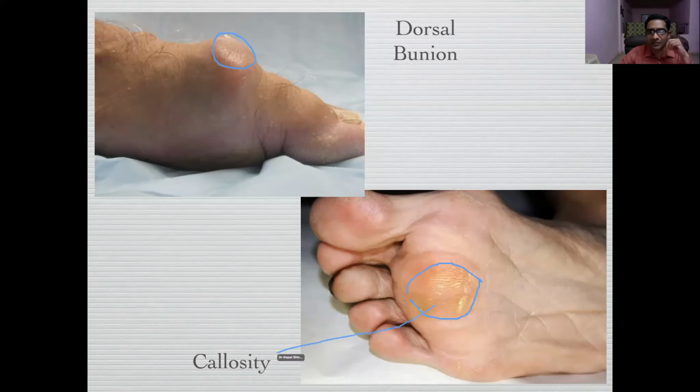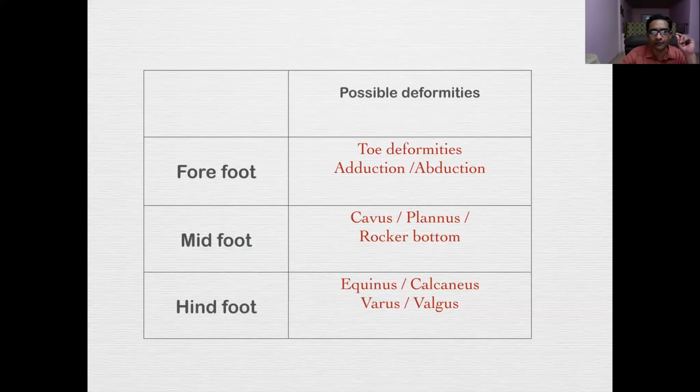Callosity, like we said, is good to describe. If you had not examined the foot, you would have missed this finding. This shows that there is excessive weight bearing. Just looking at this callosity, you know that the MTP joint is being flexed. When you see it volarly, it will be flexed. The metatarsal heads are actually bearing weight in the third and fourth area, which normally doesn't occur. So be vigilant and look at the sole.